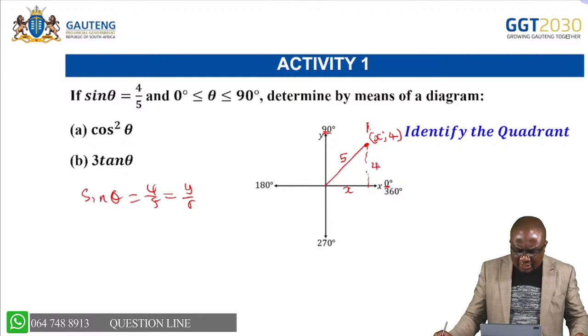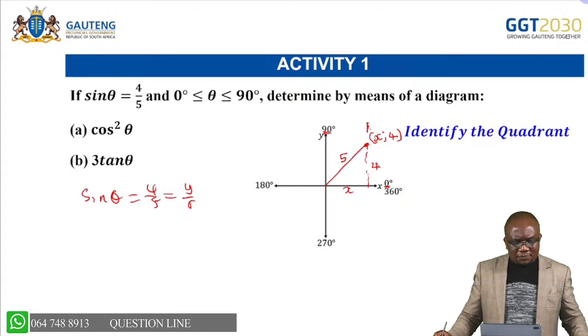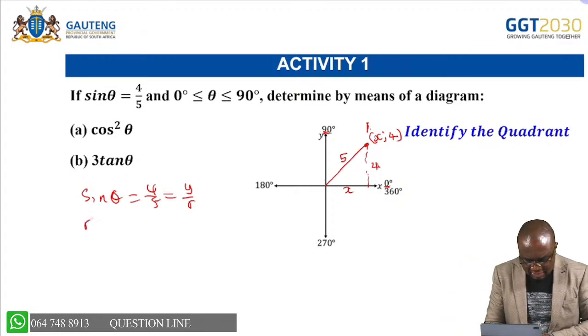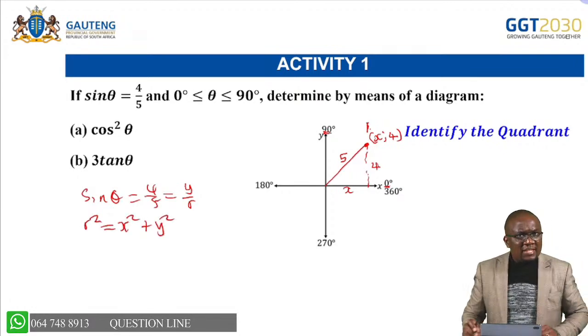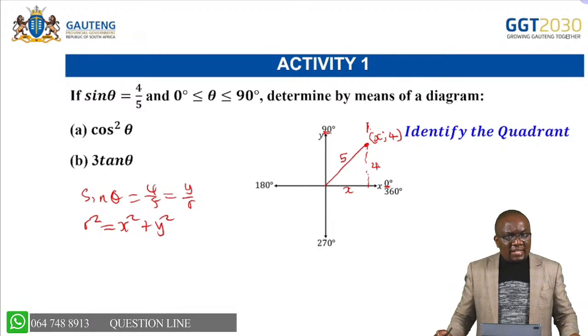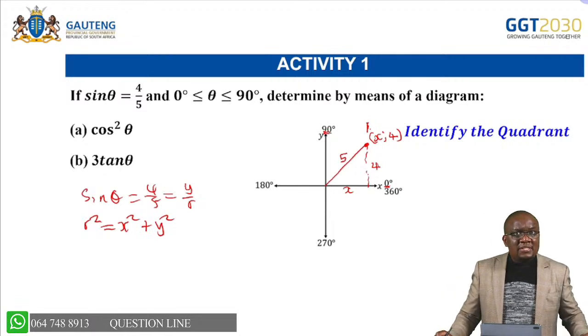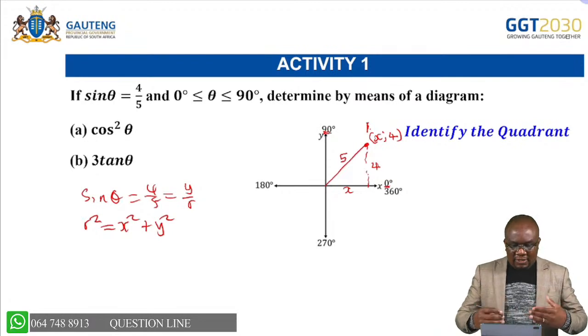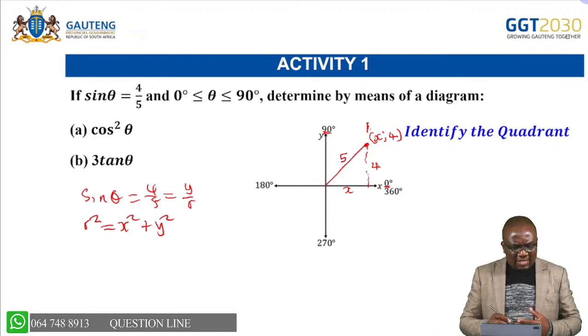Okay? Right, now, how do we find x? We're going to use our equation: r squared is equal to x squared plus y squared. You see that? We're going to use our equation like that. Any questions there? Okay? Right, let me move on to my nice presentation now, because I've been writing, trying to